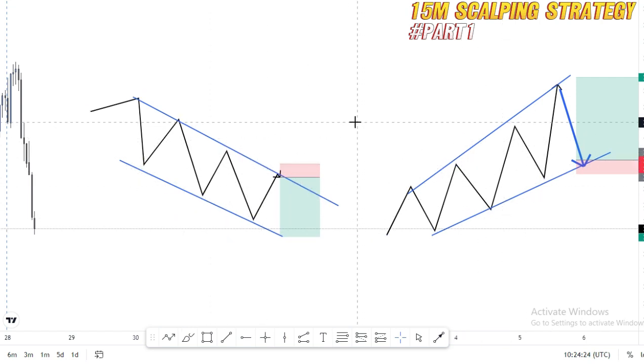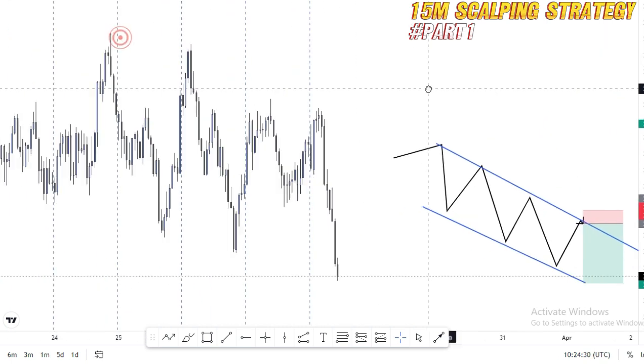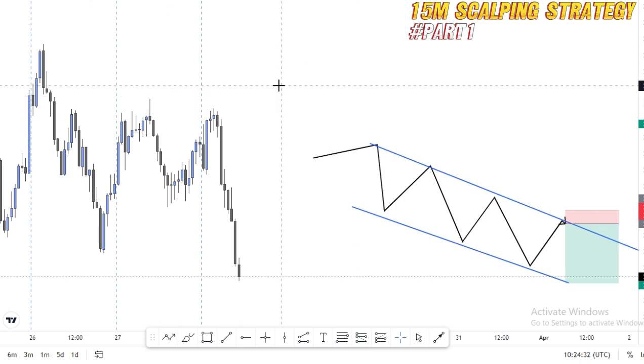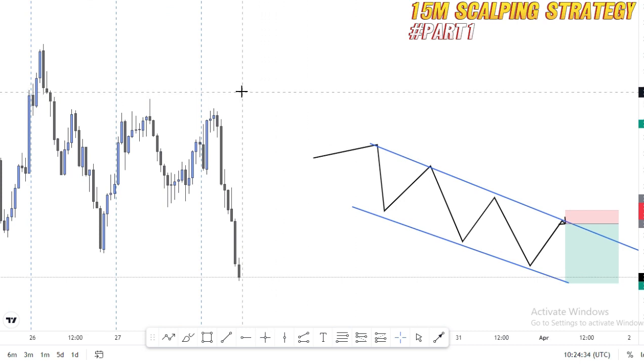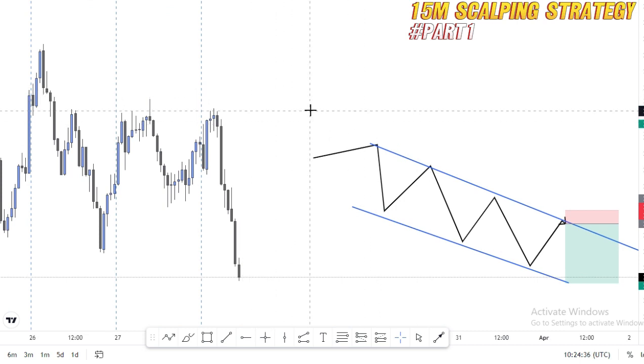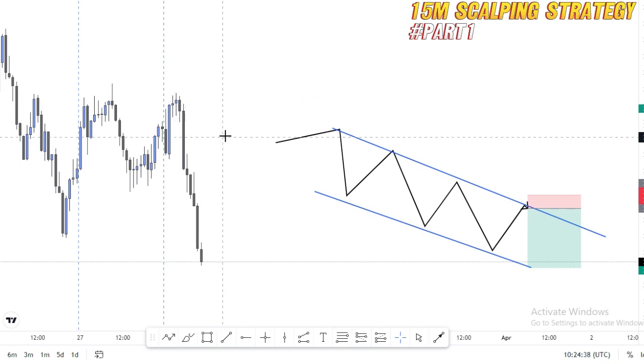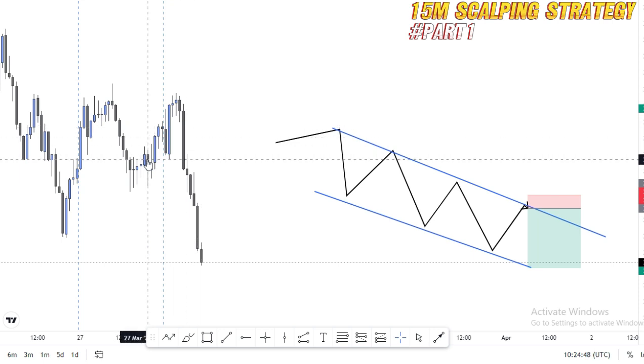Okay, now we are going to be looking for the entry strategy. Now we are going to be using the concept of fair value gap. Okay, we are going to be using imbalance in the market. So you already know what imbalance is, but if you don't, we are simply talking about 3 consecutive candles, where the candle in the middle, or the second candle